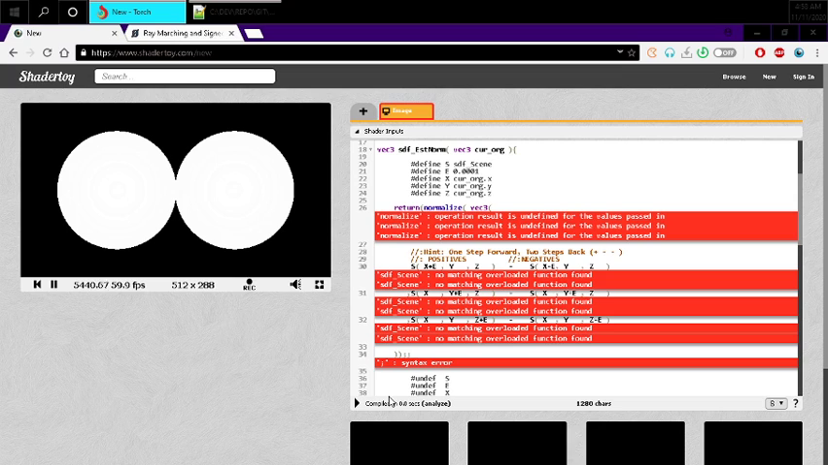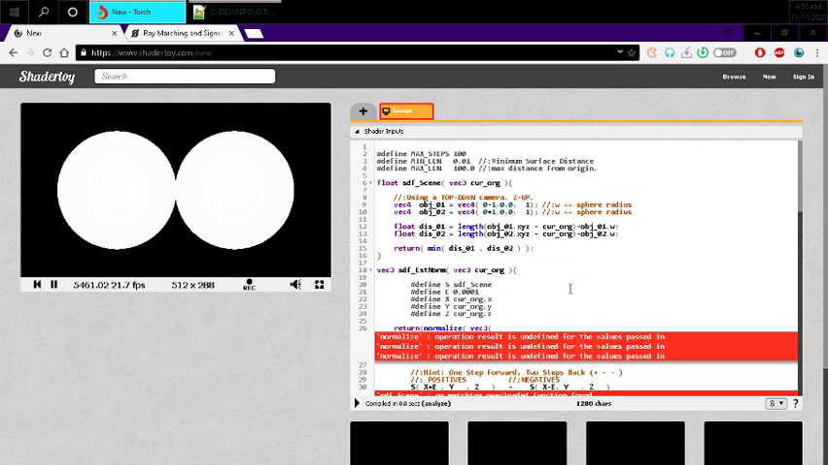Normalize operation result is undefined for the values passed in. So we're still screwing something up horribly. So I'm gonna guess that these errors up here are red herrings. Don't pay attention to that. We want to pay attention to SDF scene. SDF scene